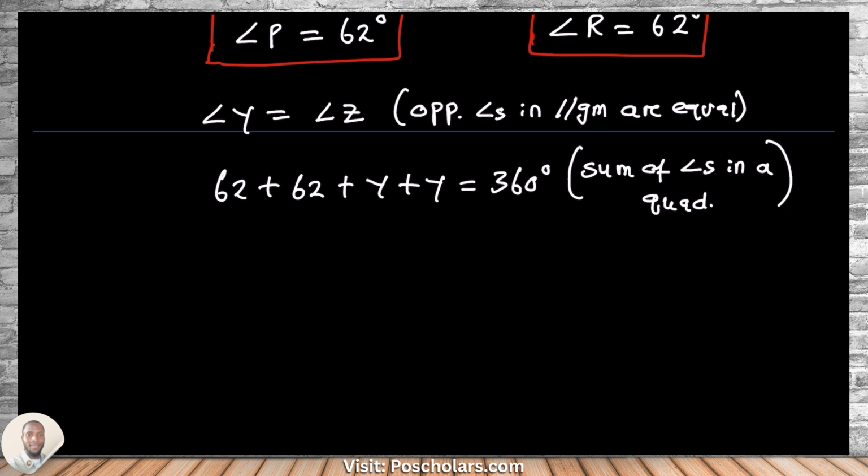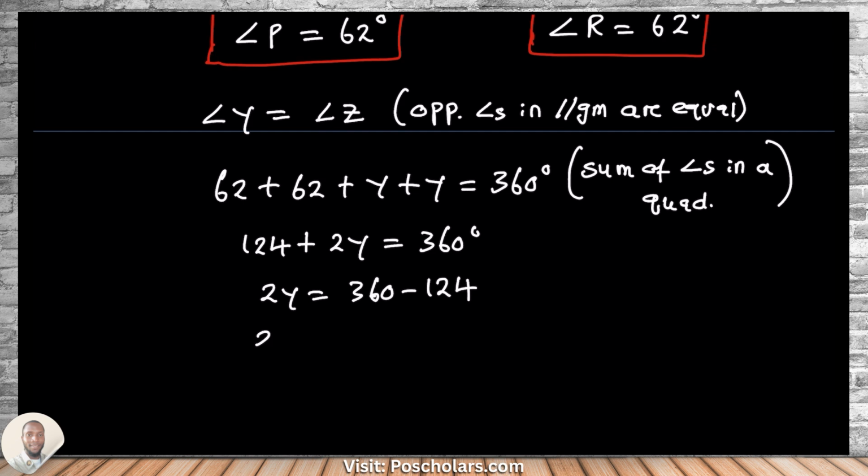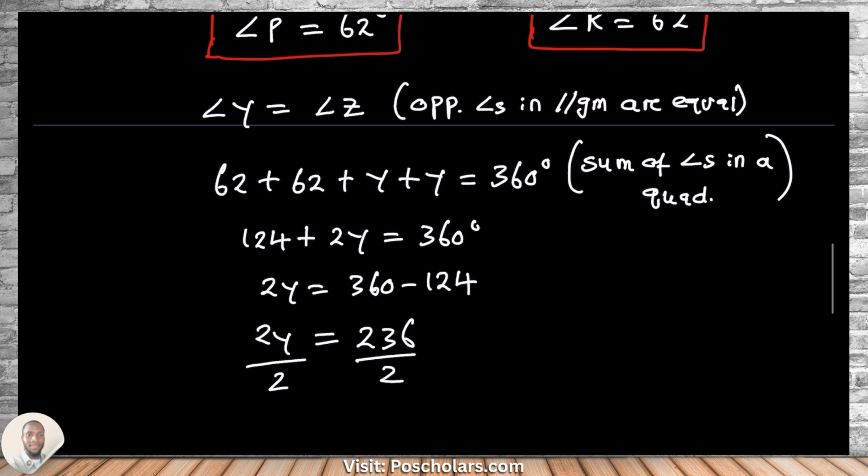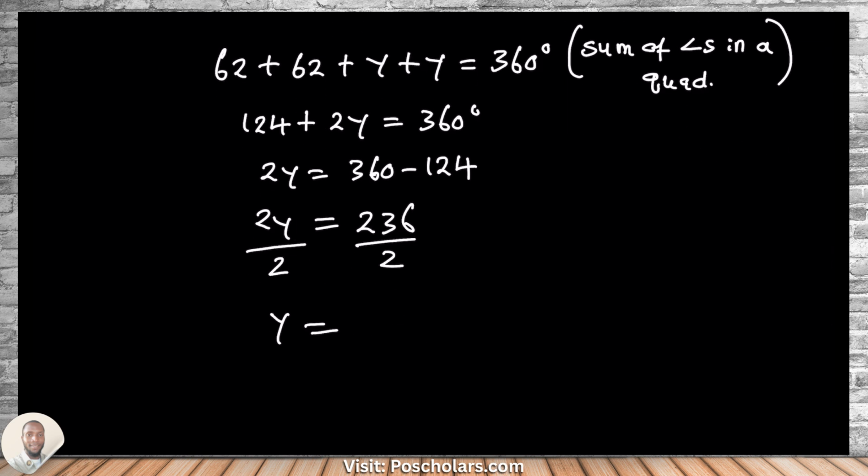Now we continue solving. 62 plus 62 gives 124. So we write 124 plus 2Y equals 360 degrees. Next, we subtract 124 from both sides. When we do that, on the left hand side we are left with 2y equals, and on the right hand side we have 360 minus 124. So 2y equals 360 minus 124 gives 236, right? So we divide both sides by 2, and when we do that, we have that y is equal to 236 divided by 2 gives 118 degrees. So the value of y, or the size of angle y, is